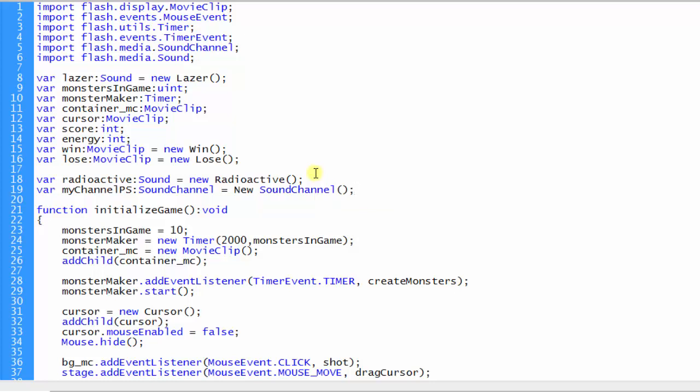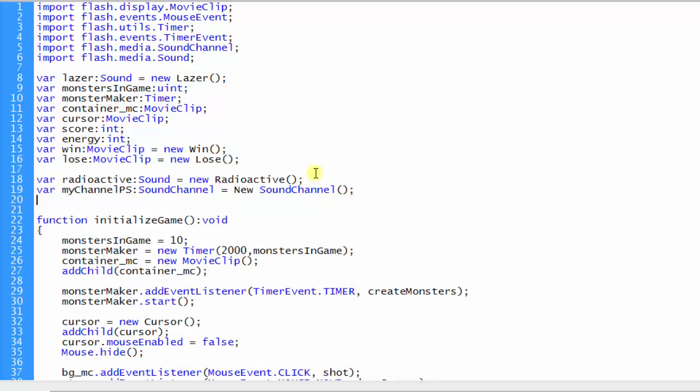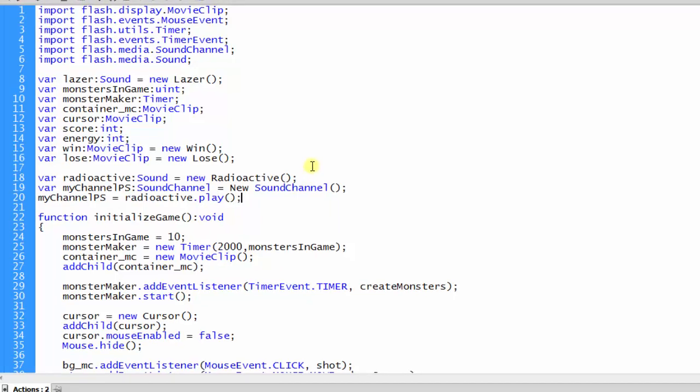And then because I want my song to play as soon as the game starts, I could put it in the initialize game function, or I can put it right here, because when you click the start button, all these variables get initialized and any code that's here runs. So I'm just going to put it here. I'm going to put my channel play song is equal to radioactive, the lowercase one because we're talking about the variable, not the class, dot play, open close parentheses with a semicolon. Let's save this